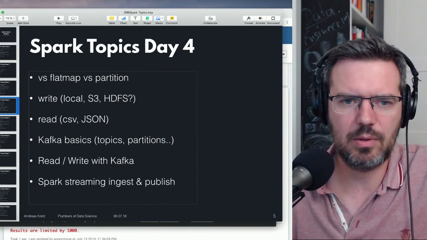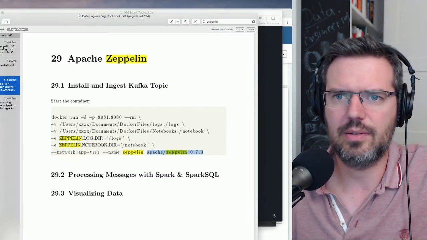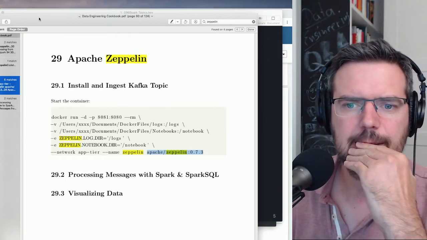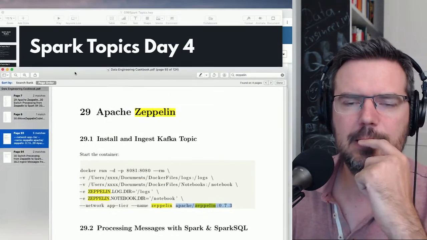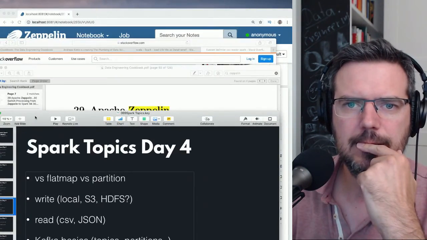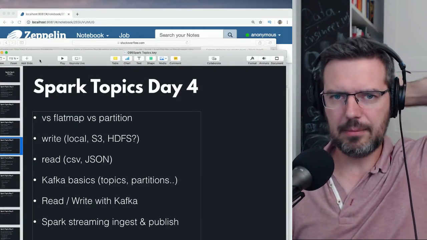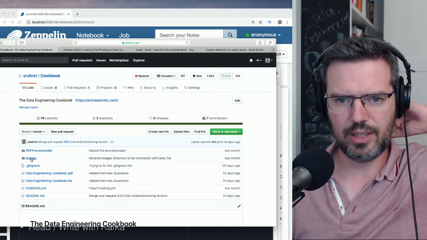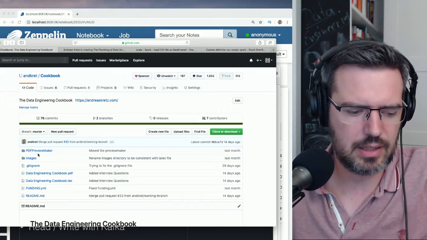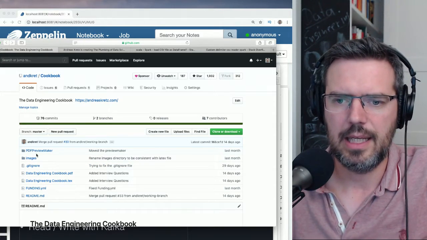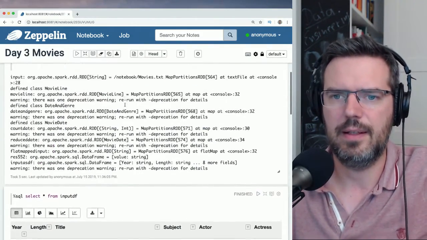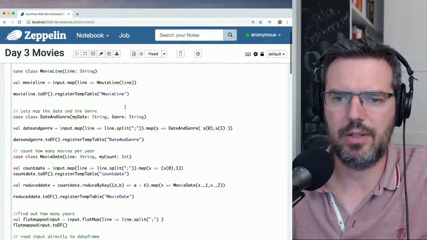I can share this notebook with code, of course. Great idea, Nick. Where am I going to put it? I know. On the GitHub, I'm going to make another folder here for the Spark week. And I'm going to put in this source code so that you can work with it.